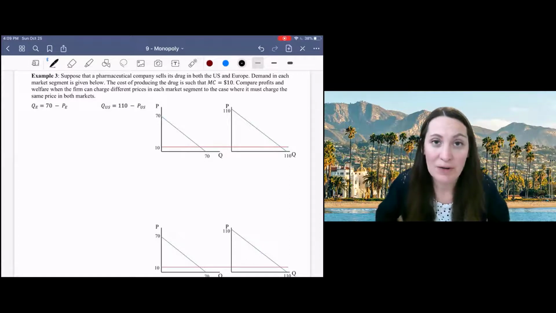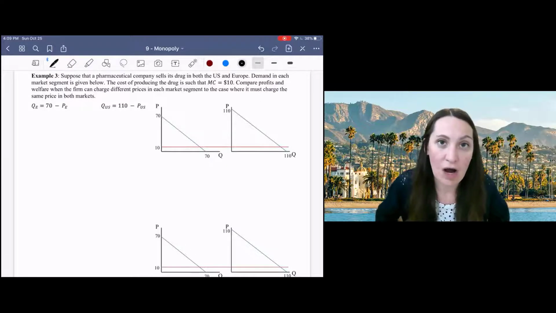So our last example will be one where we explore imperfect price discrimination, specifically third-degree price discrimination, where we can charge different prices to different groups of consumers. In this problem, we have a pharmaceutical company who sells its product both in the US and in Europe, but this applies to any situation where you have different markets, and those markets don't necessarily have to be in different geographic locations. It could be, for example, offering a different price to students to go to the movies versus non-students. So here we have a constant marginal cost at $10 and then two different demand curves for each of